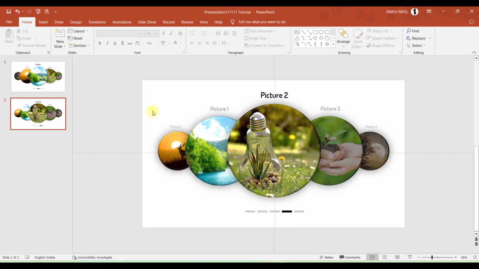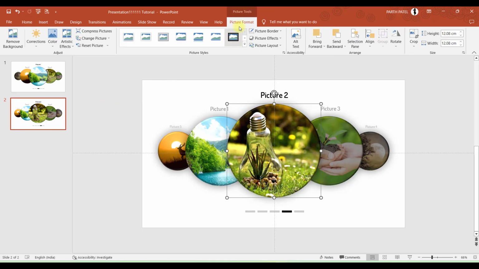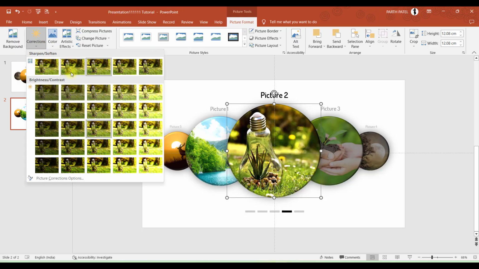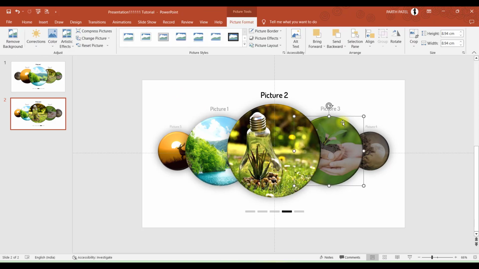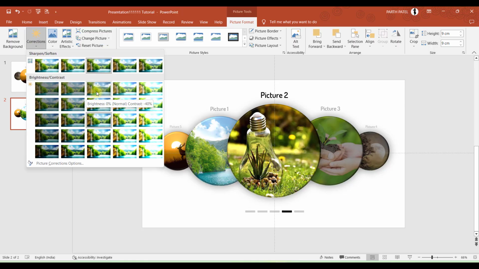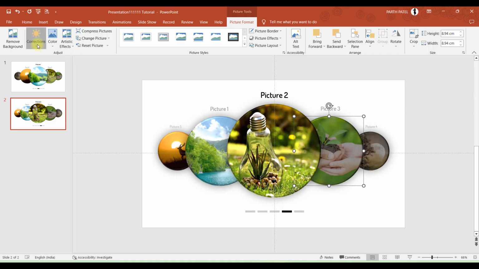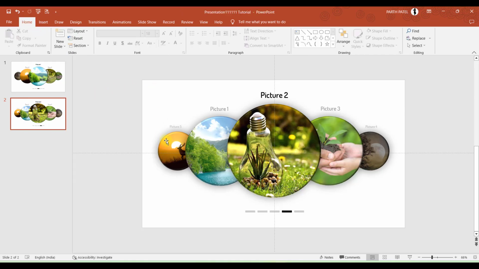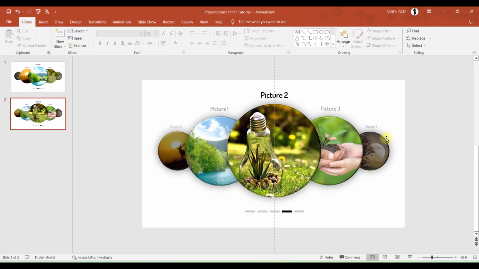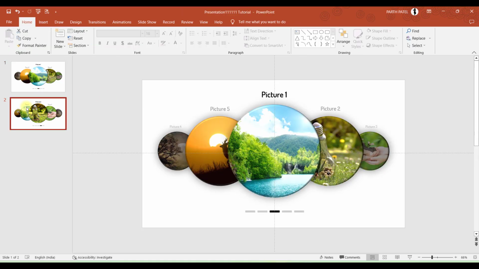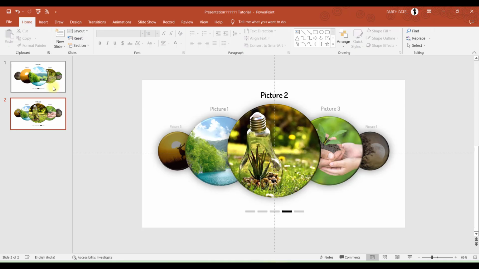Now one last thing to update in this slide number 2 is the transparency effects. So we'll make this picture as normal as it was earlier. We'll choose this for these two. For this one, let us go to picture format corrections and we'll apply minus 40% contrast, as in this as well. Let's say minus 40%, and the images at the end side we will say minus 40 contrast, minus 40 brightness. So now we have completed slide number 1 and slide number 2, and in a similar way you can